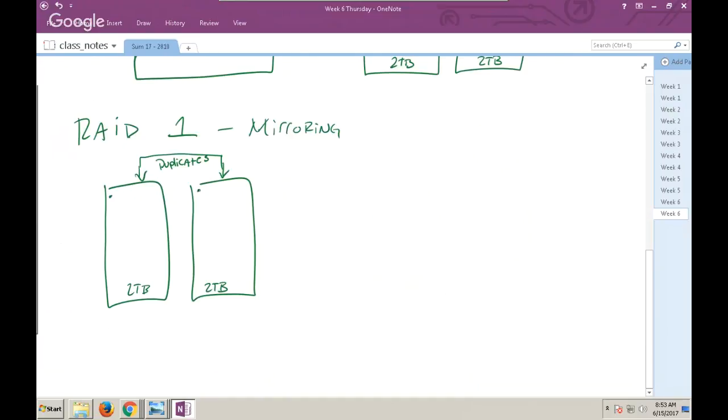Yeah, so we've come in here and said, you know what? We're in a situation where I'm not writing a ton, or I don't care if the writes are a little bit slower, but I cannot risk anything happening to this data, and I need to be able to read it a little faster. RAID 1 is a great situation.